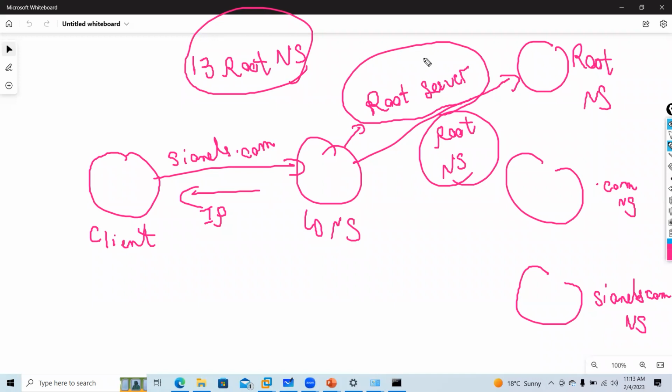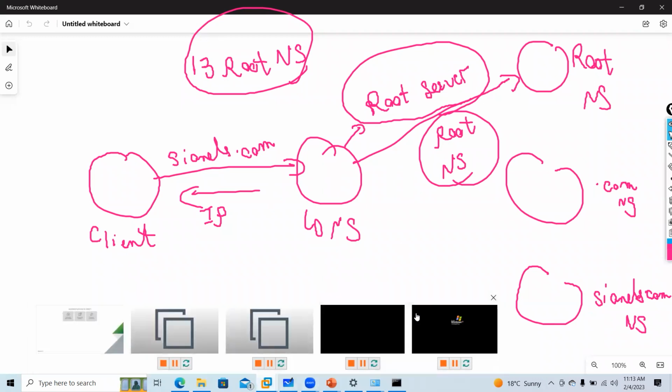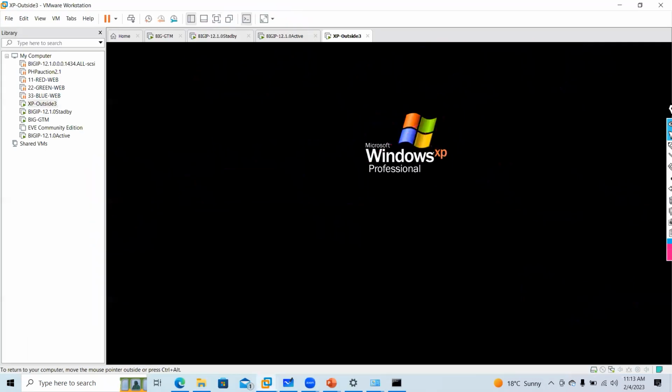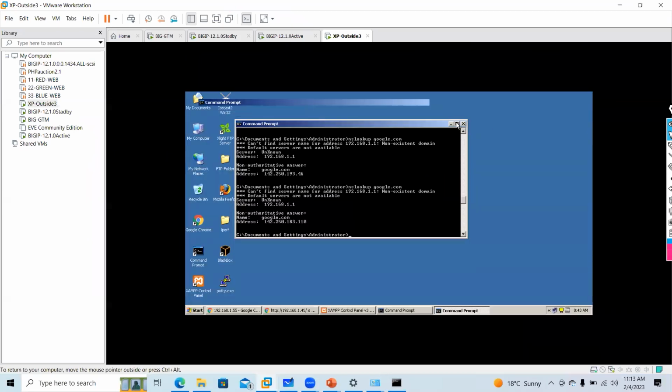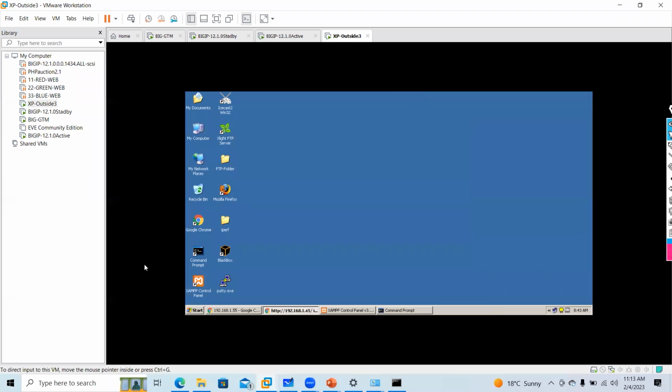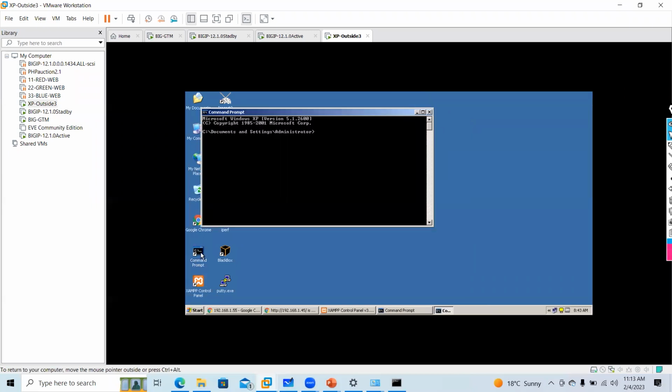So how to check that? I will explain what those 13 are, but I will show you by picture. I will open the command line again. I will type nslookup. Now I will type set type equal to ns, then type dot.